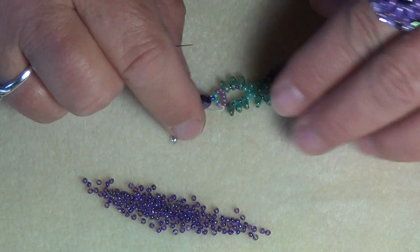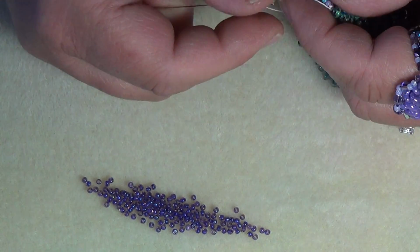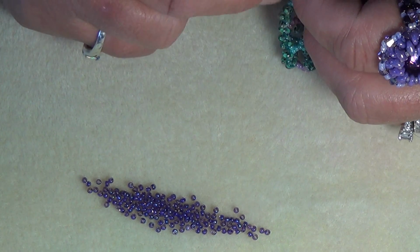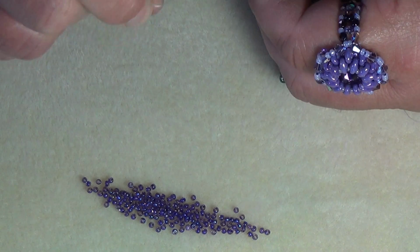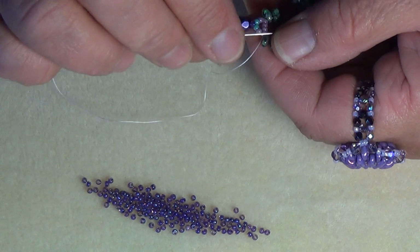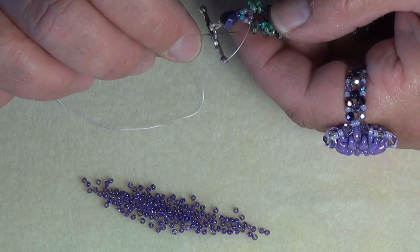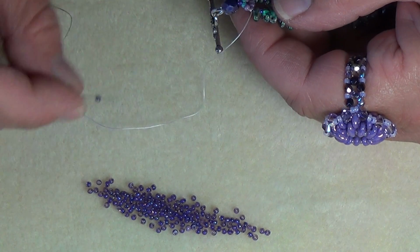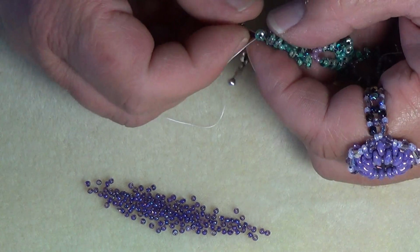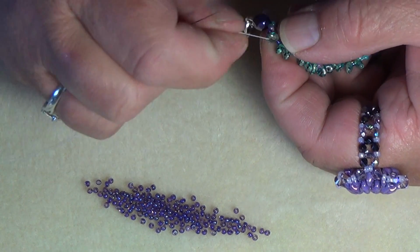Okay, I have finished making my sections, and I have sewed on the other part of my toggle, and now we are exiting out of the last bead because we went in a circle when we finished our toggle, so we should be exiting out of here. So now you're just going to pick up one of your dark colors, so I'm picking up the purple, and I'm just going to go up into the top part, the top hole of the Super Duo